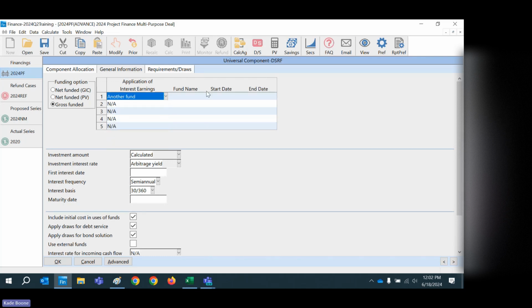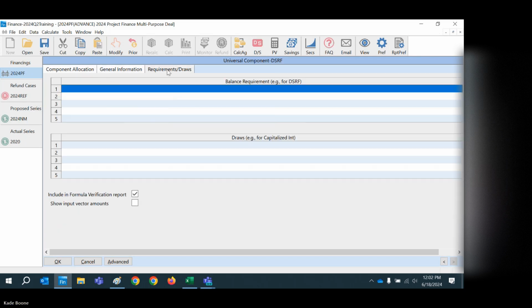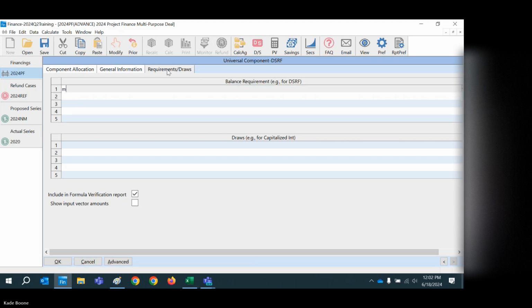So we can just say another fund. You can allocate a new money project if you want. Let's do cap I in this case, and then debt service, and then maximum. Now, a lot of times we'll have, well, what if it's aggregate? In this case, the maximum or debt service, I think, is going to be the same, but